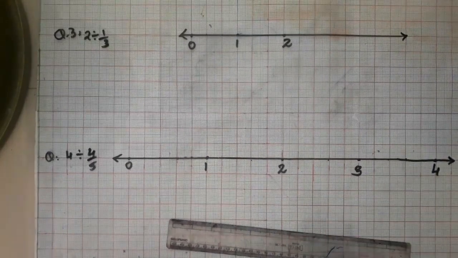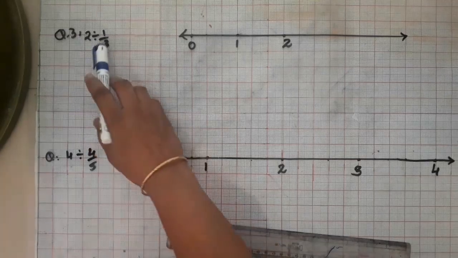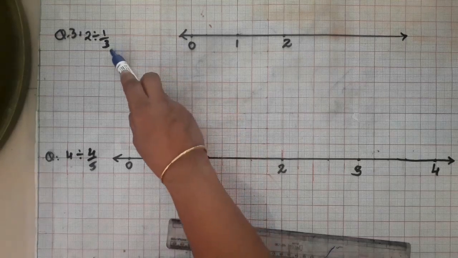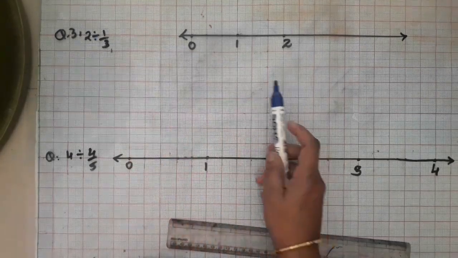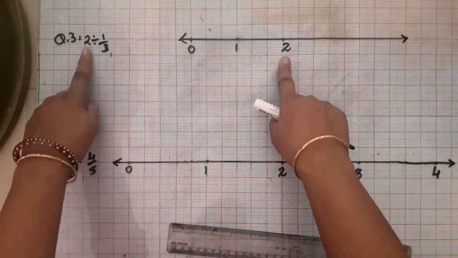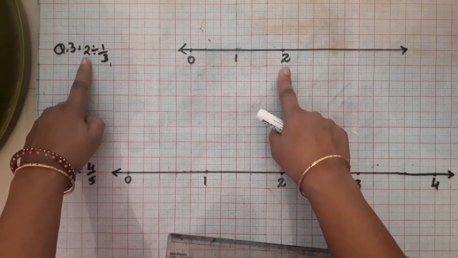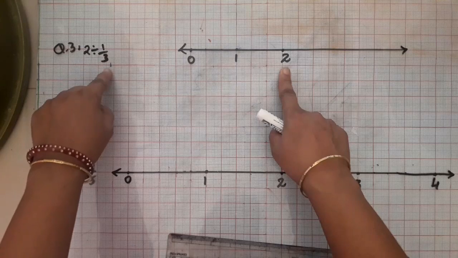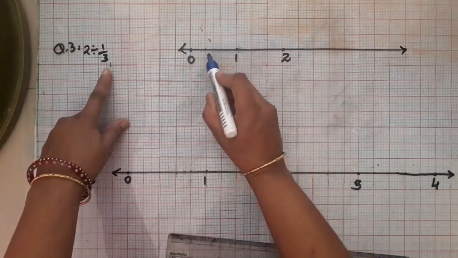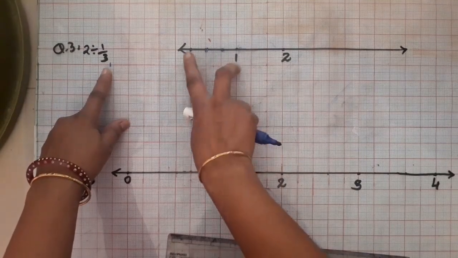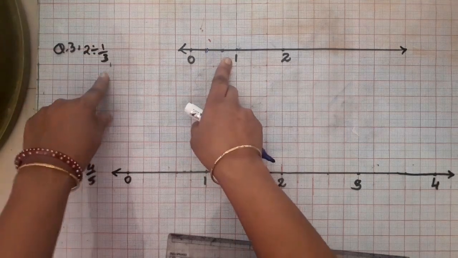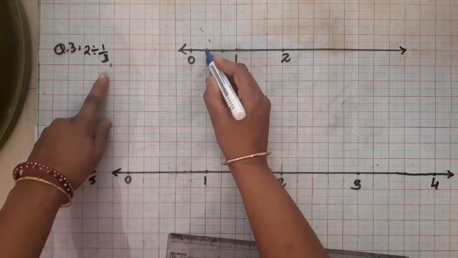Come to the third question. It's given as 2 divided by 1/3. That is, you have to think how many 1/3s are there in 2. Check the number line drawn over here. Up to number 2 I have made, and now I have to make 3 equal parts in each 2 consecutive numbers. Okay, here the points in between you can see 3 gaps are there. Okay, and I want 1/3 of them. So each part will be 1/3, right?